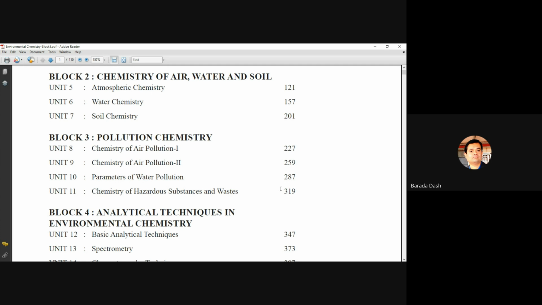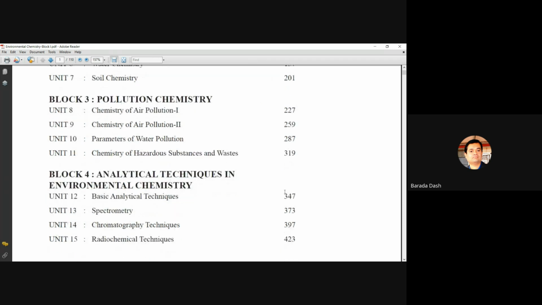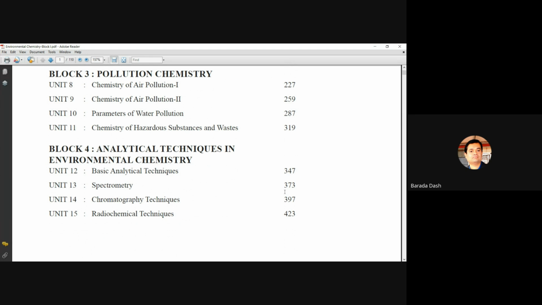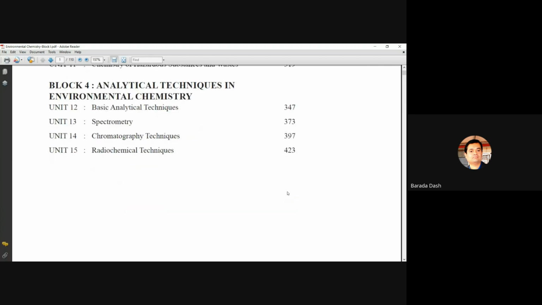Unit 8 is chemistry of air pollution 1, unit 9 chemistry of air pollution 2, unit 10 parameters of water pollution, unit 11 chemistry of hazardous substances and hazardous wastes. And block 4 is analytical techniques in environmental chemistry, which we will discuss on the 12th. It has 4 units: basic analytical techniques, spectrometry, and chromatography. Unit 14 is chromatography technique. Unit 15 is radiochemical techniques. With this, we will end